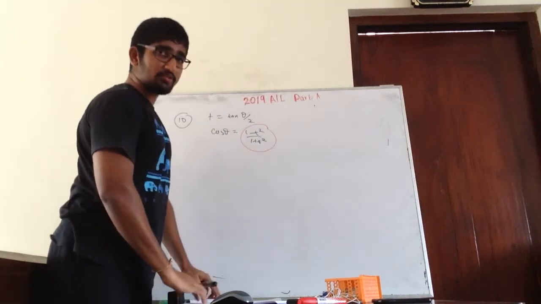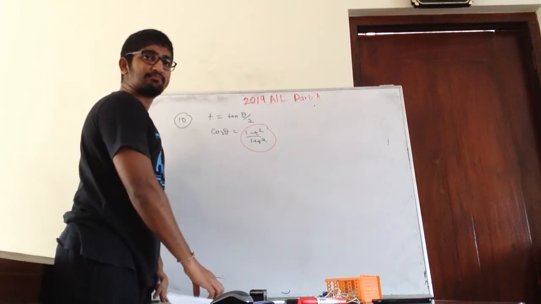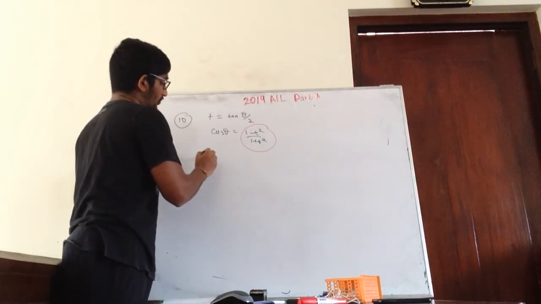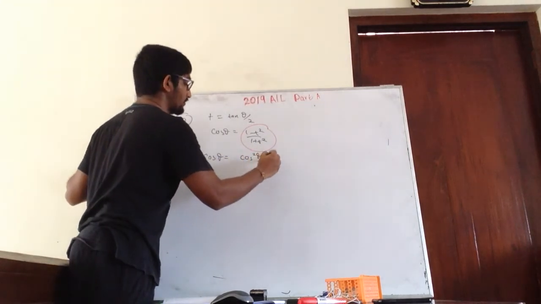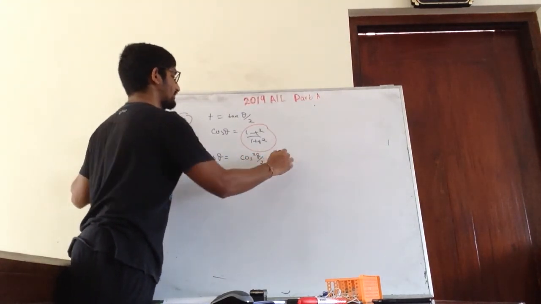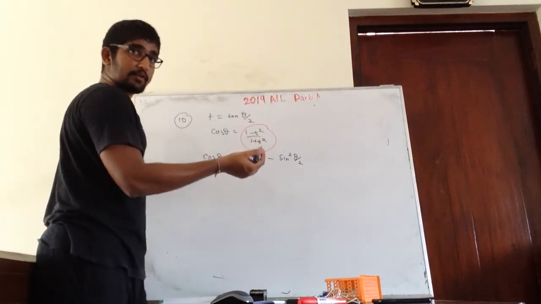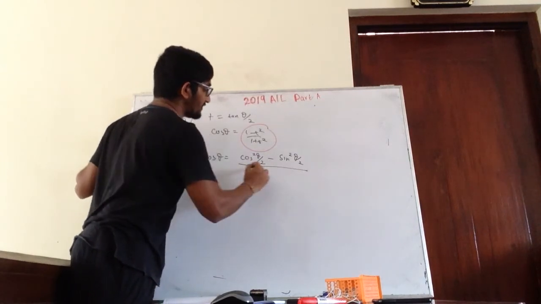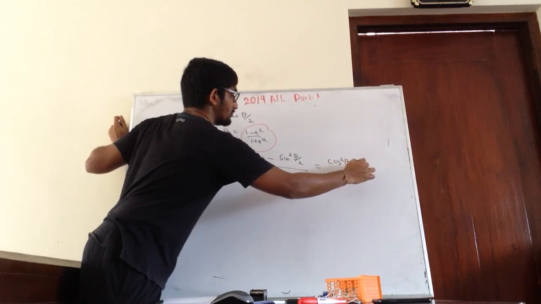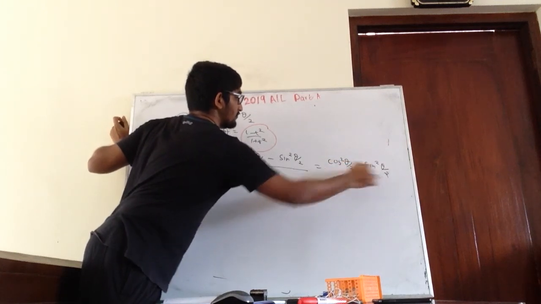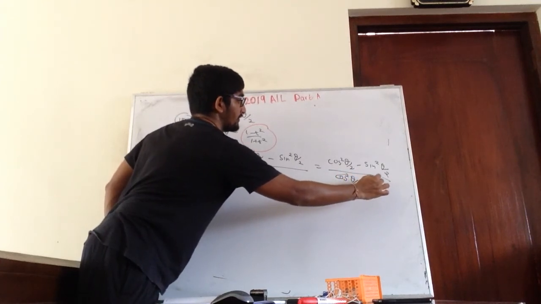So now let's see. This is a very standard sum. Cos theta can be written as cos square theta over 2 minus sin square theta over 2. This is the half angle thing, right? Then I can divide this by 1, and 1 is basically cos square theta over 2 plus sin square theta over 2.